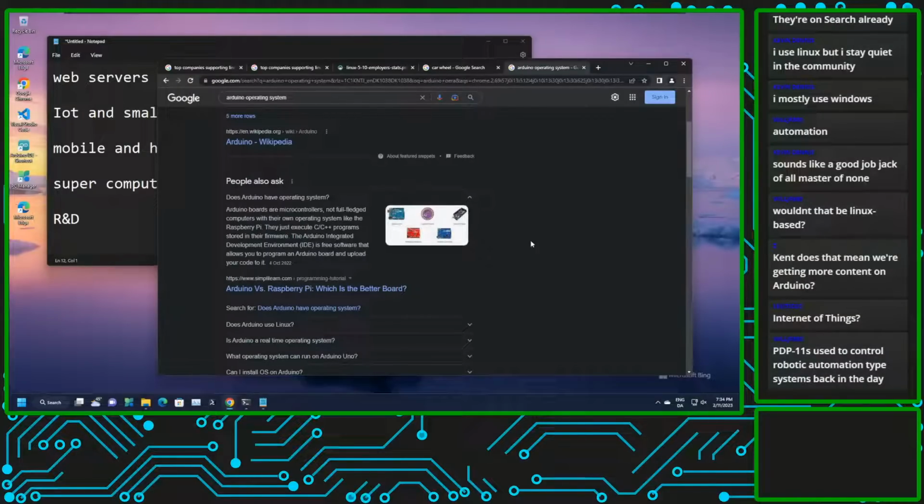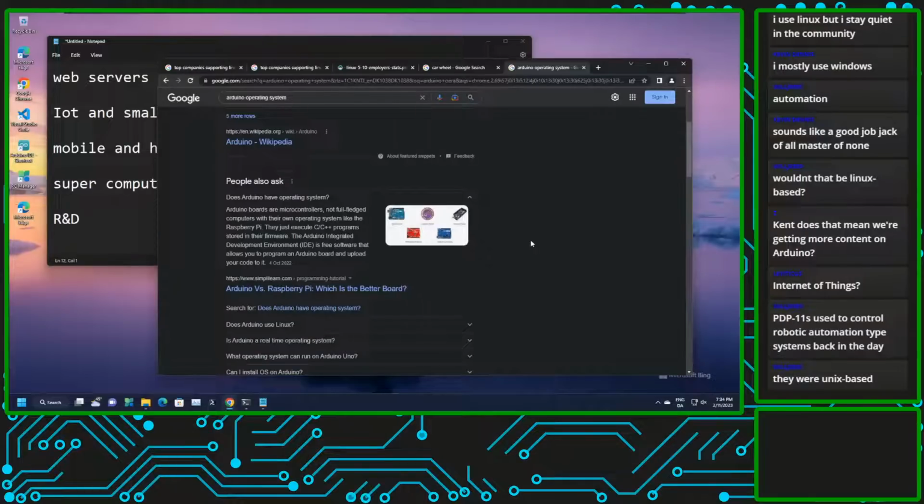I use Linux, but stay quiet in the community. Yeah, that's a good thing. Yeah. I'm in talks about, actually, when we get this machine to work, I want to take pictures of it and show you guys, and maybe there's even talk about releasing the source code for it. So my idea is, because the thing that we are making,